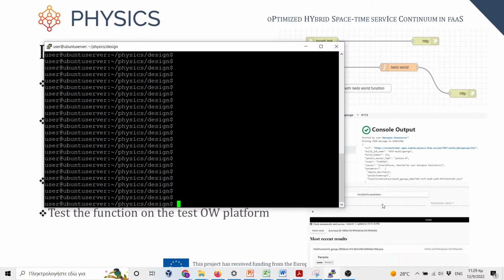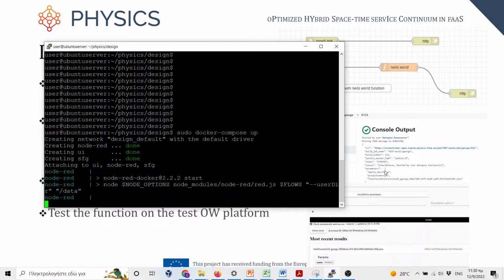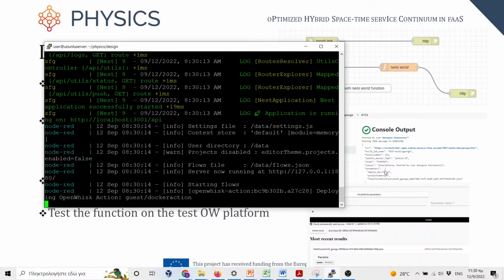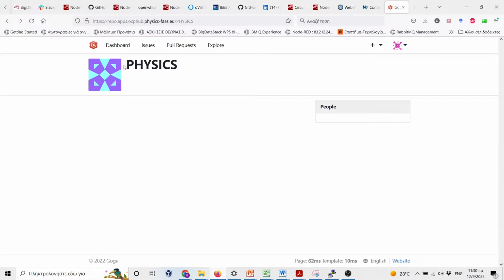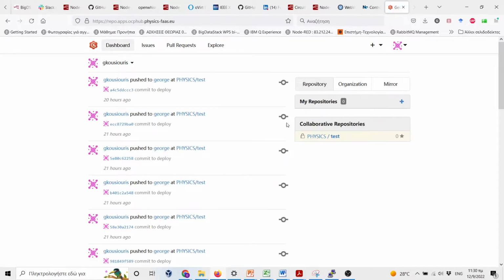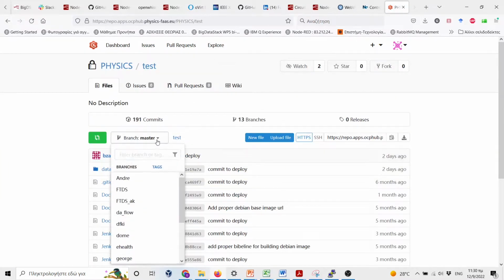So let's start with the design environment. We use the sudo docker compose app in order to launch the containers that include the design environment. The design environment collaborates with an online repository from which we have added the files. We have copied the initial files of physics, and then in our own branch